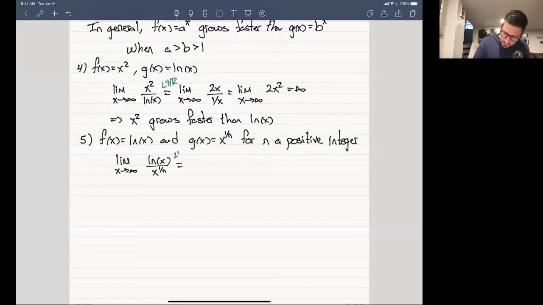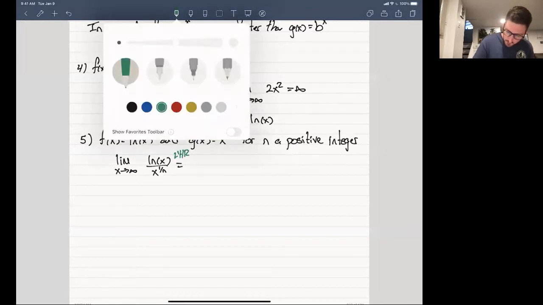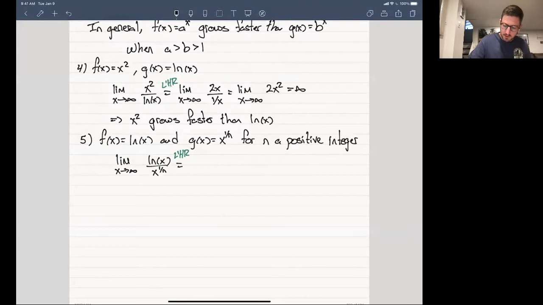Again, I like to denote it for the reader. It's very nice if you can guide the reader through your steps and your thought process here. And the nice thing, again, is that the natural logarithm goes down to something that can mingle with polynomials. Maybe that's a nice way to think of it. And I get 1 over n, x to the 1 over n minus 1 here now, which when I simplify out this fraction leaves me with